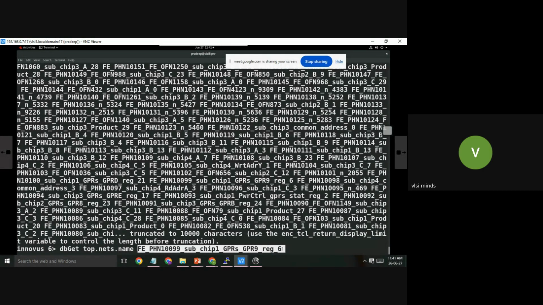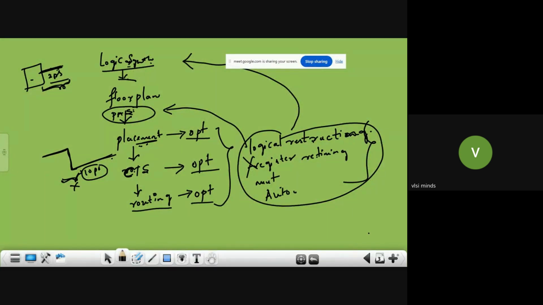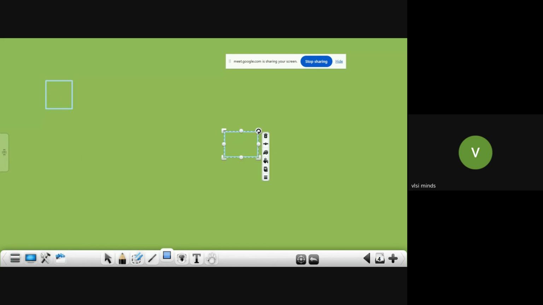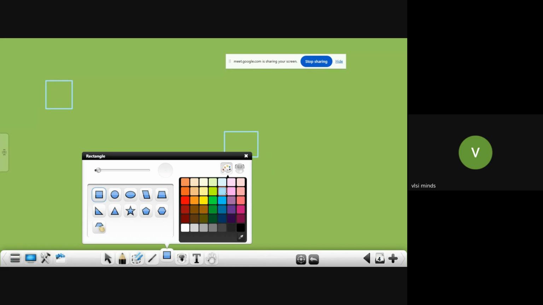Now this net would be made up of many routing shapes, right? Like if you have one cell here and another cell here, this net would be done using many routing shapes.